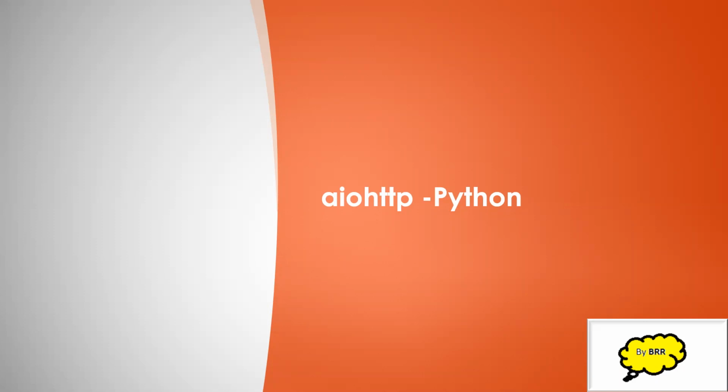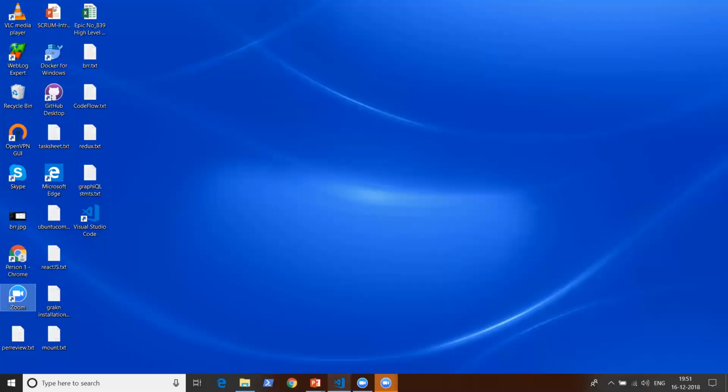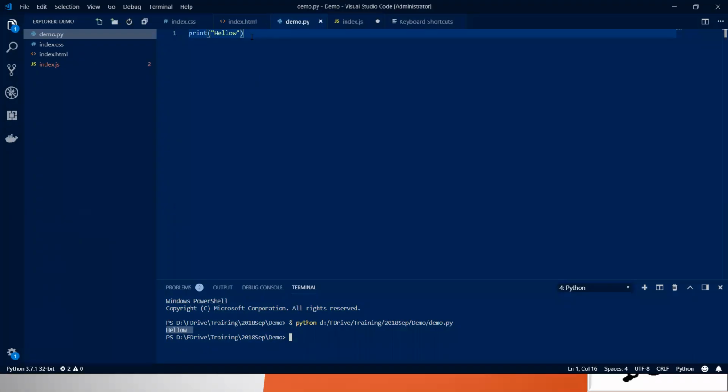So how are we going to use AIOHTTP in Python and create a service? I want to create a kind of REST service where I create a get method and a post method. Later, I want to browse those methods and see how they are retrieved in the browser. For this, we need to create